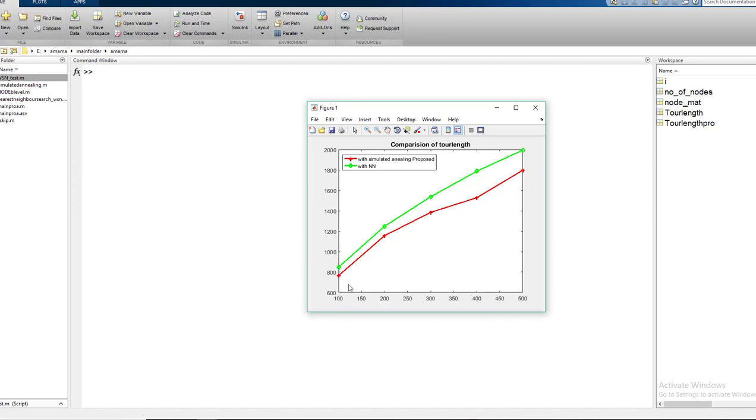You can see here the graph of nearest neighbor search is lying above simulated annealing, which is the red one, because the simulated annealing tour length is shorter. Simulated annealing is more efficient than nearest neighbor search.